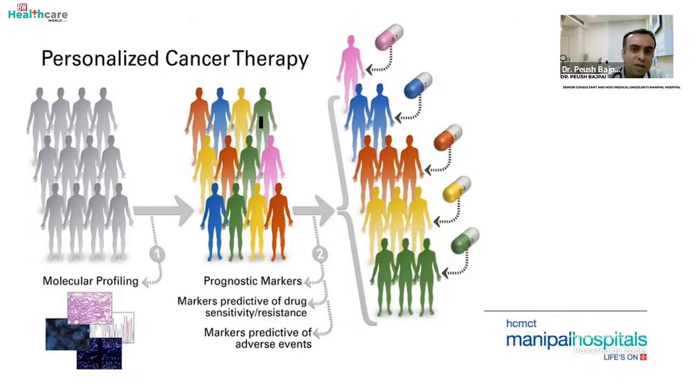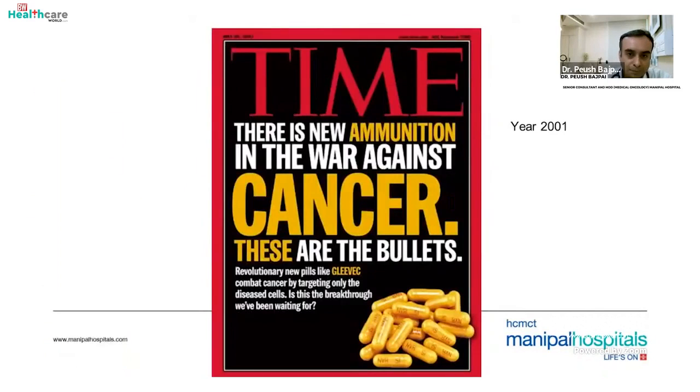The people with the yellow mutation are all grouped together, and they get one particular yellow capsule, let's say. Let's say that the yellow mutation is the target gene to be hit. So there is a capsule for these particular mutations once they are all grouped. And this is what is called personalized cancer therapy. This therapy is meant for this particular individual. This therapy is meant for this particular cancer. So this is how one can look into a better treatment plan.